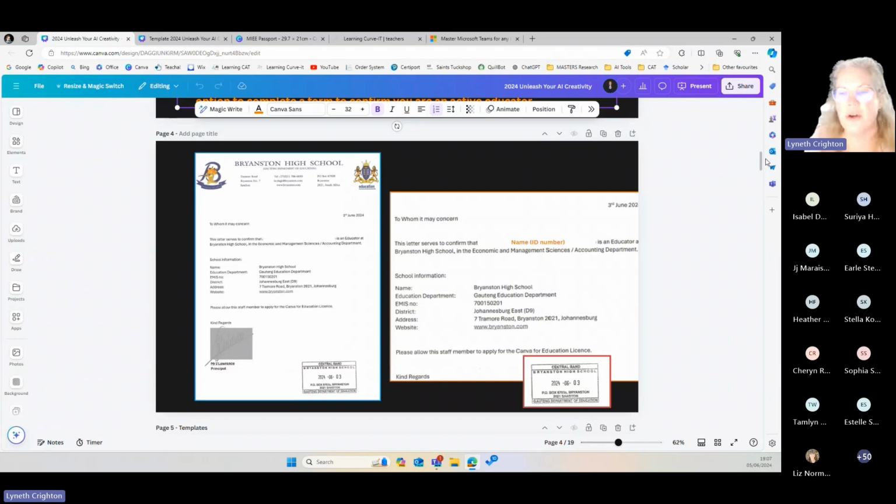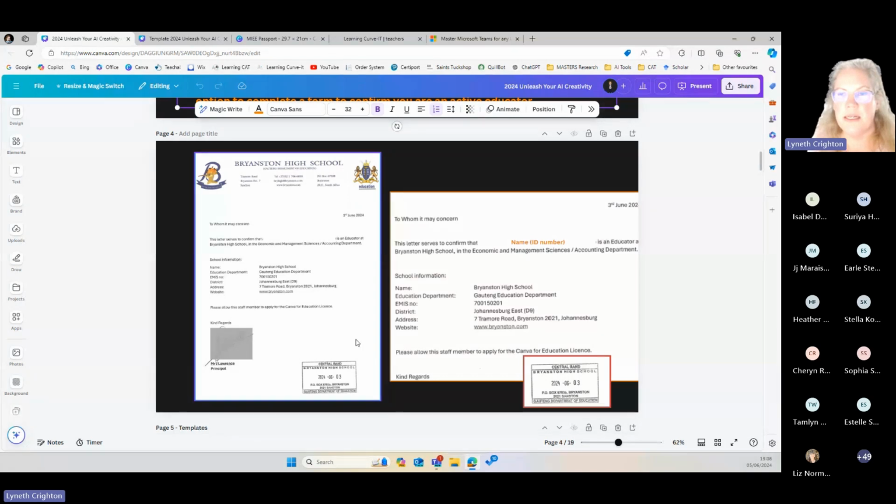And I say this because I know sometimes we've found that as a South African, they don't always understand. So the one thing that they said was important, we found, is you have to have the school stamp, and even though it's a scanned letter, the signature has to look like it was really signed on a letter created.